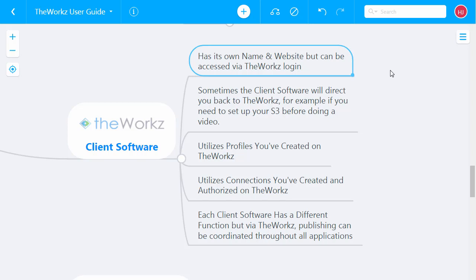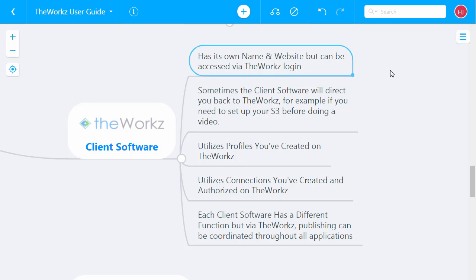Now, sometimes the client software will direct you back to TheWorkz. For example, if you need to set up an S3 file storage account, which you're going to need for TapVids. If you try to do a TapVids uplink, it's going to say, please go to TheWorkz and set up your S3. But as soon as you do that, it'll be available to you in the client software.